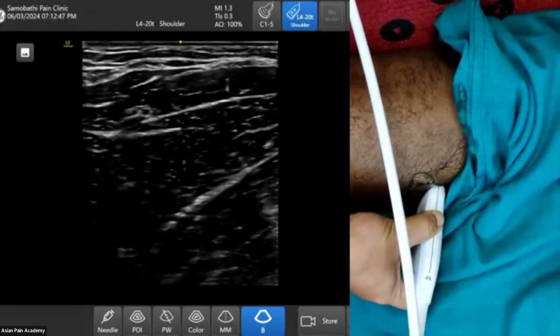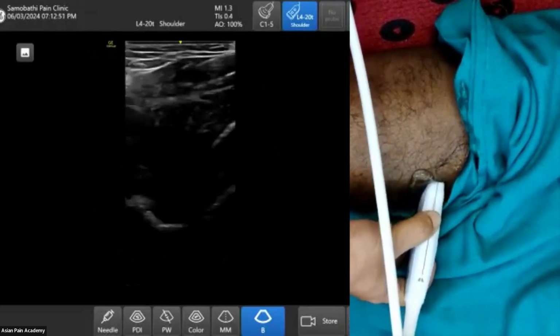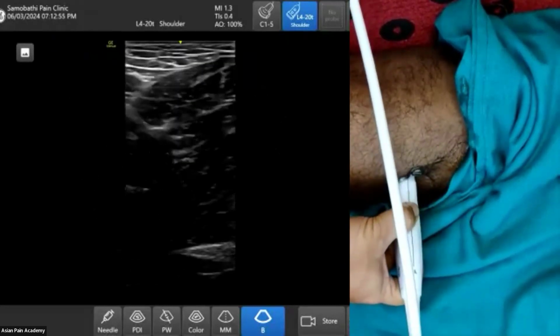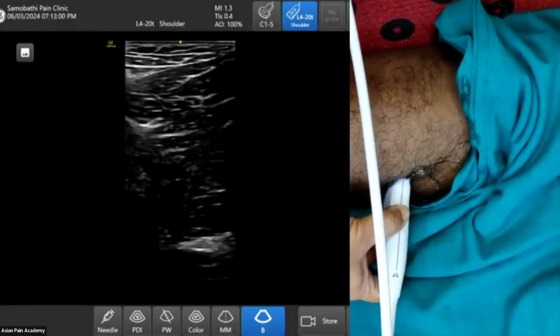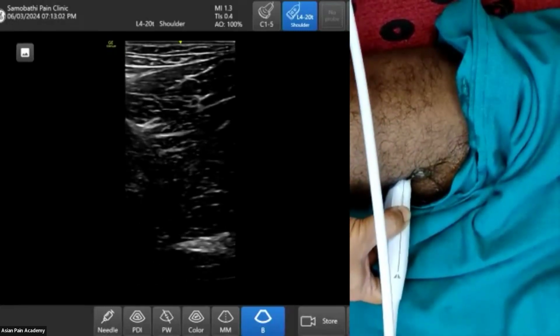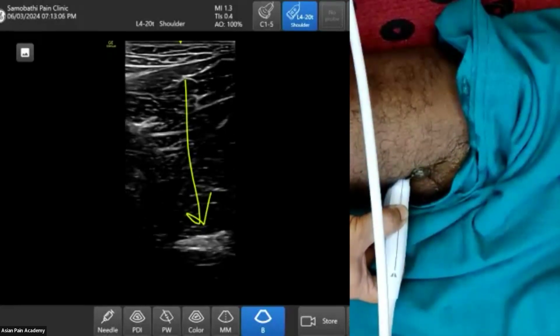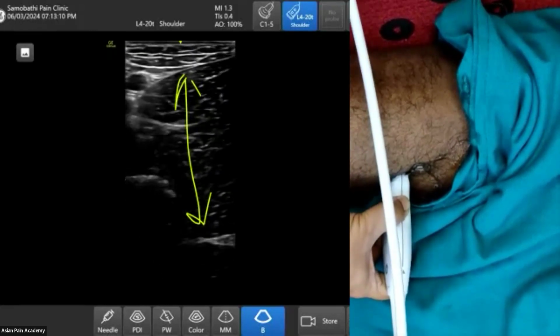So let me increase the depth. Though he is thin, I still have to see more depth. So I will go down, down, down, and I will see the full adductor compartment. You see just below, straight, the full adductor compartment, you can see